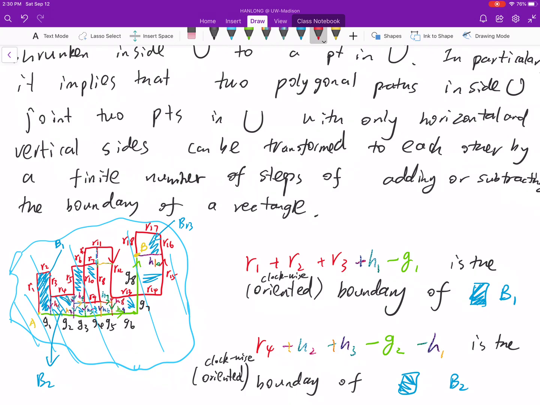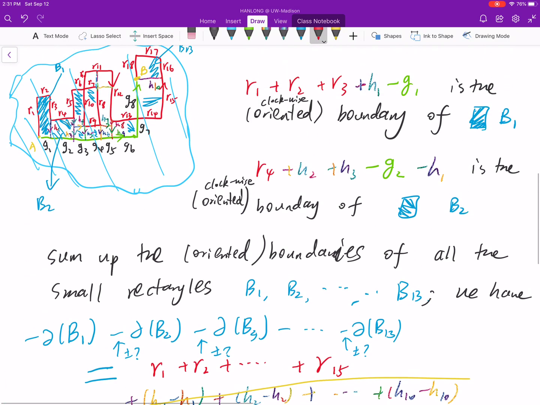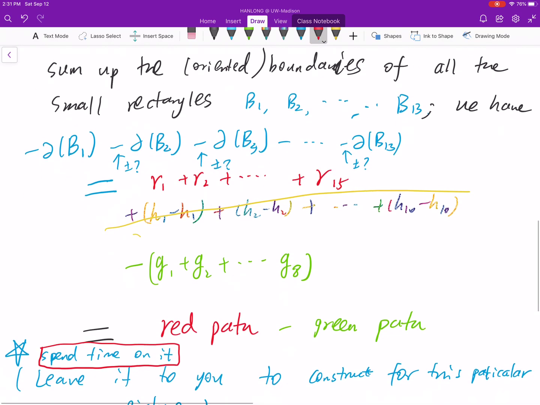Second step, you cut it into finer pieces such that they are the boundary of some rectangle. Okay, you have smaller rectangles. They have a bunch of boundaries, and then if you sum them up with the correct sign, then you turn back to the original problem. So this is the second time we use the idea, and later on when you study the